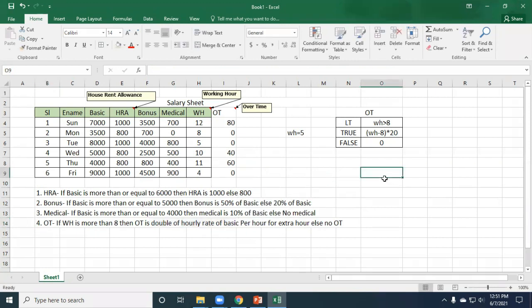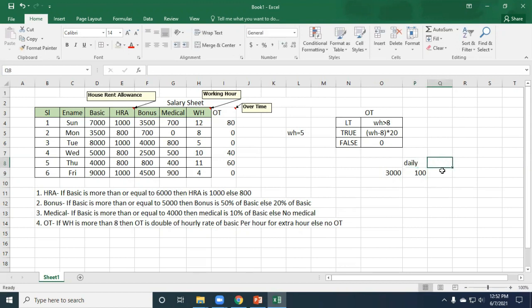See example, if anyone is getting 3,000 taka per month, double of hourly rate, that means you have to find out hourly rate. The 3,000 taka is for per month. See example, consider 30 days. So for what will be the daily income? That means you have to divide it by 30. Consider we are working 30 days in a month. See example, select divided by 30, you will get the daily income. Daily means full day. Then now per hour, this is the full day income. This is the daily income.